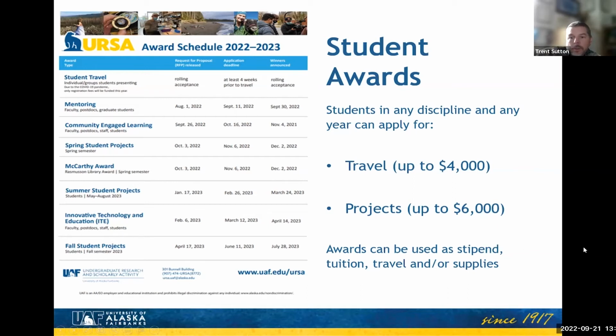So you get paid that way. And then anything else, like the tuition, gets put in your student account as well. But the travel funds and the supply funds go to your department, and they sit in an account there. So as you're spending, like buying the supplies and working with your mentor to do that, or paying for any travel, you're not out of pocket doing anything and then having to get reimbursed. You're actually spending out of this account directly. So there's nothing out of pocket for you here.